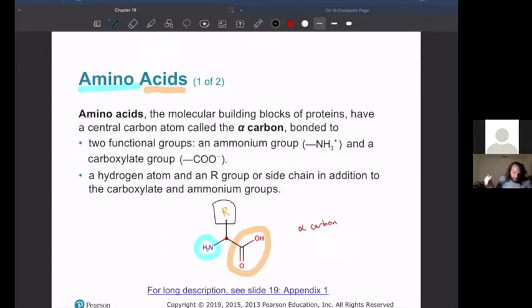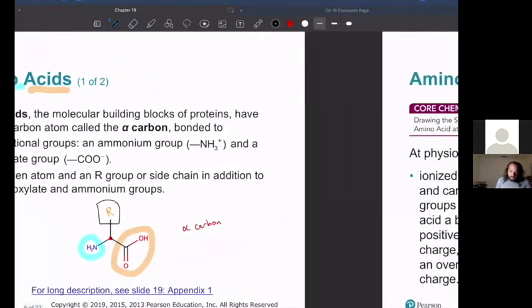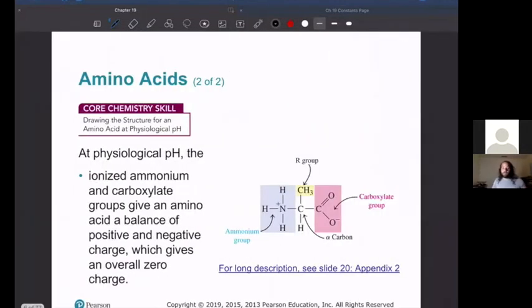Okay. Now, I kind of lied in saying amino acid is a little bit of a misnomer, because the amino group is not actually in the amine form, and the carboxylic acid group is not actually in the carboxylic acid form in the cell, right? In what we would call physiological pH, which is the pH that your cells are around, 7. Around pH of 7, the carboxylic acid is actually a carboxylate group, right? Meaning that that hydrogen has been lost.